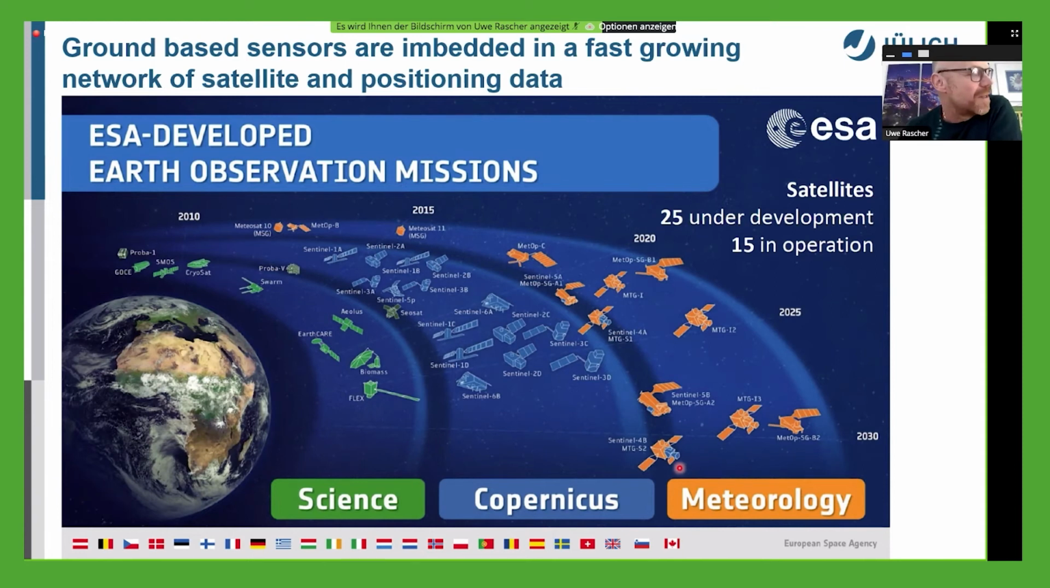But if we look at the whole family of what is currently in the pipeline of ESA, this is an overview of the satellites which ESA is currently implementing. There is this Copernicus branch with the Sentinel family as operational satellites. There are meteorological satellites, and there's another branch of scientifically driven satellites which explore new technologies, new measurement modes for the future. And if I, for example, look at the newest member of this family, the FLEX satellite, this is a satellite which is currently being implemented to be launched